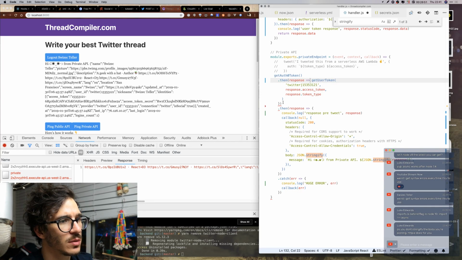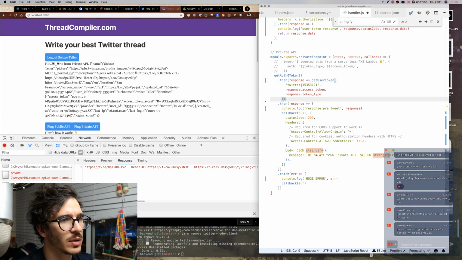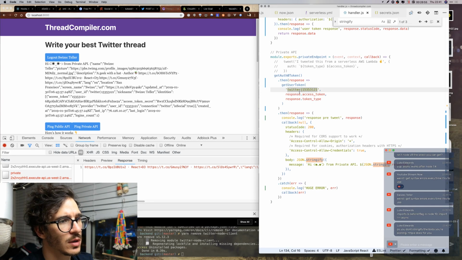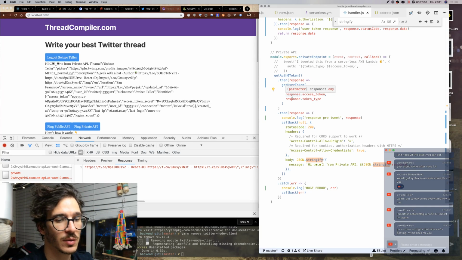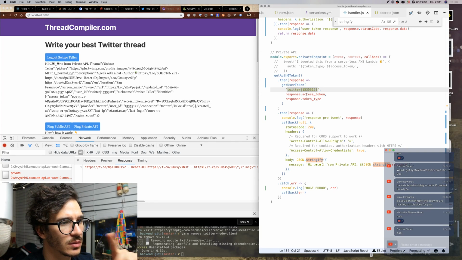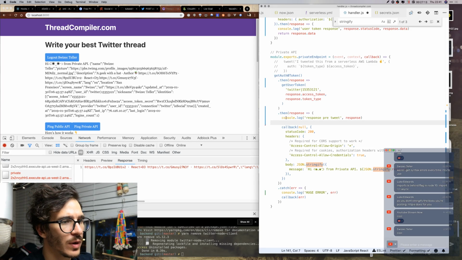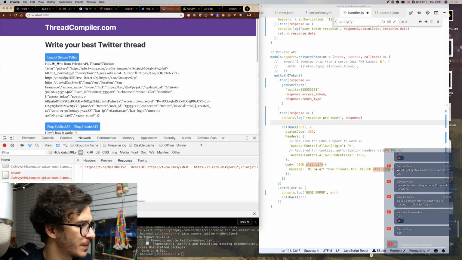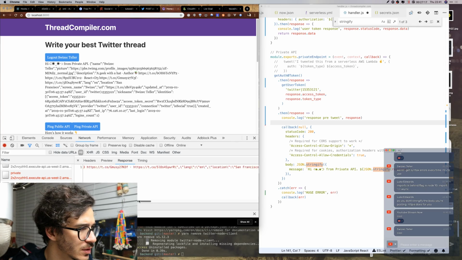We're going to just immediately return get user token because now we know it works. And the private endpoint, we're gonna have to make it something. Now I need to figure out where we can get our authentication. What does it look like?